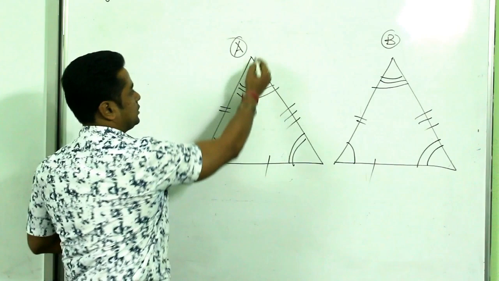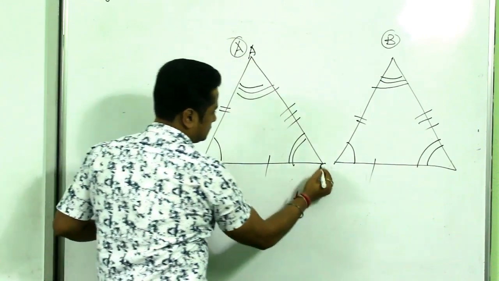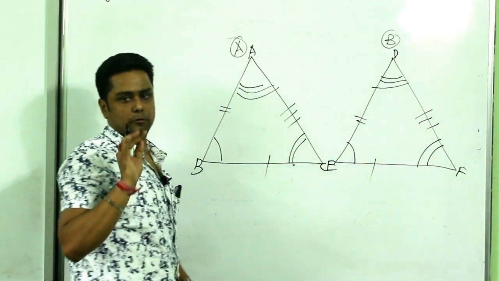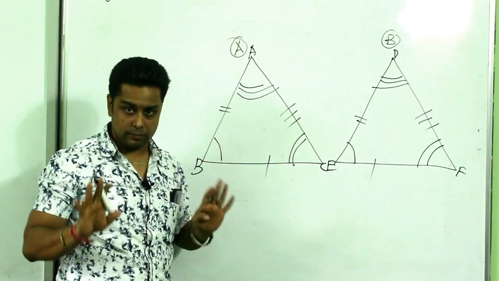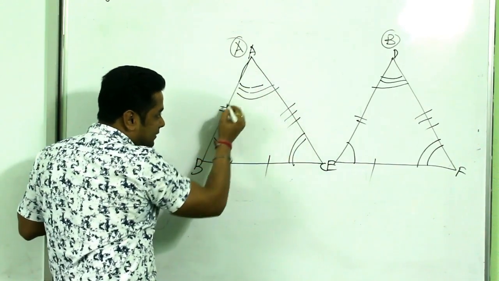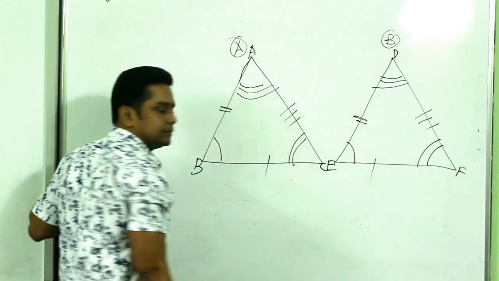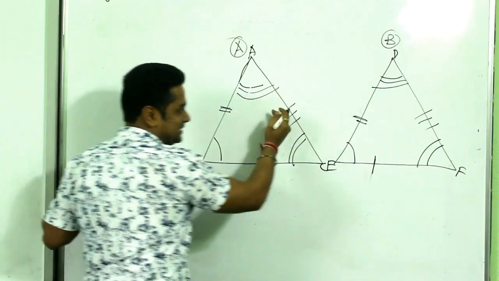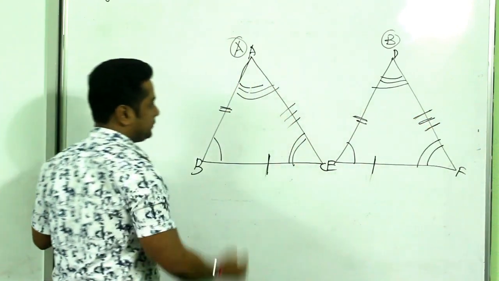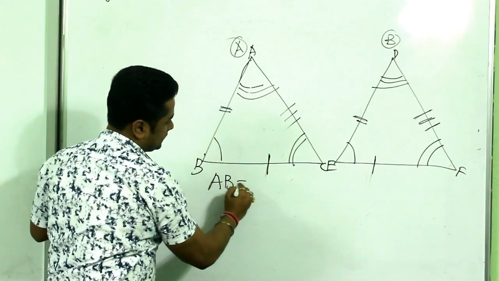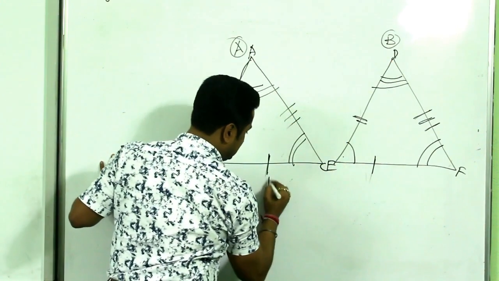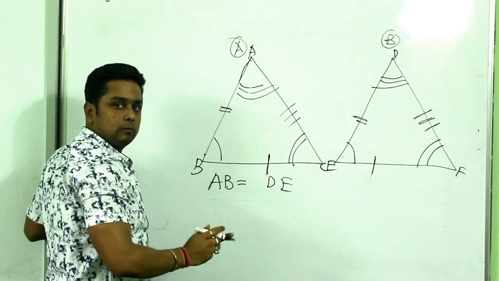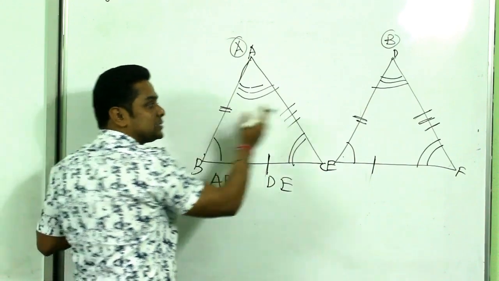Okay. Now suppose I write this triangle as ABC and this as DEF. Now listen to me very properly. It's not like, okay, both triangles are equal. No, wait. I told this side is equal to this side, this side is equal to this side, and this side is equal to this side. That means AB is equal to DE. AB is not equal to DF. Why? That's why it's called corresponding sides.